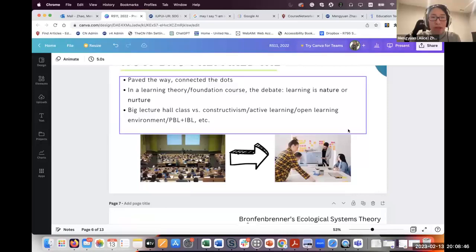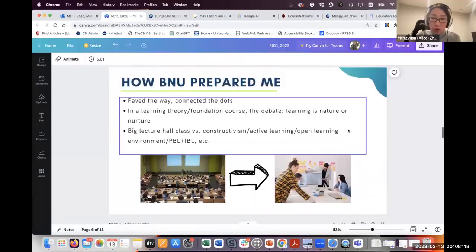And the other thing is at Beijing Normal University, as an undergraduate student, I took a lot of big lecture hall classes. Those lecture hall classes didn't give me a good experience. I felt very less engaged and just tired of even securing a seat in the lecture hall.